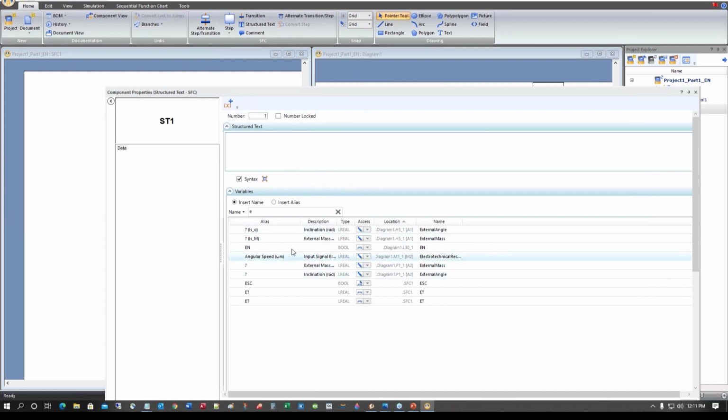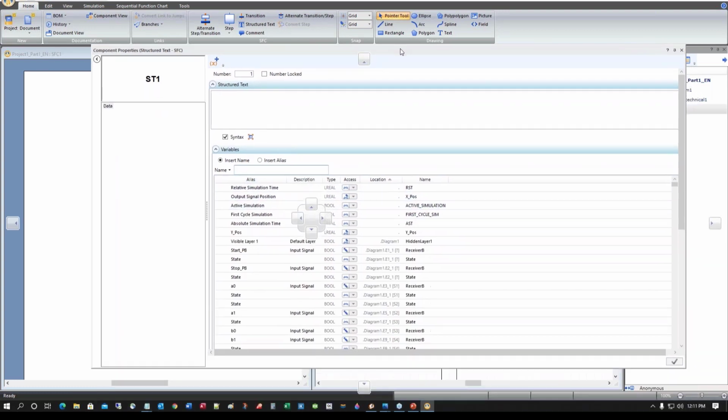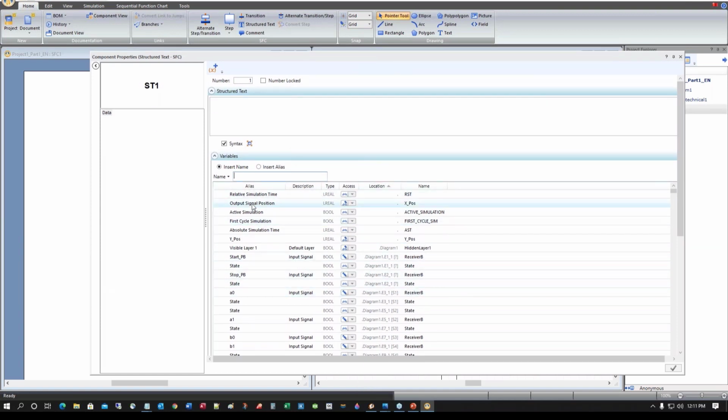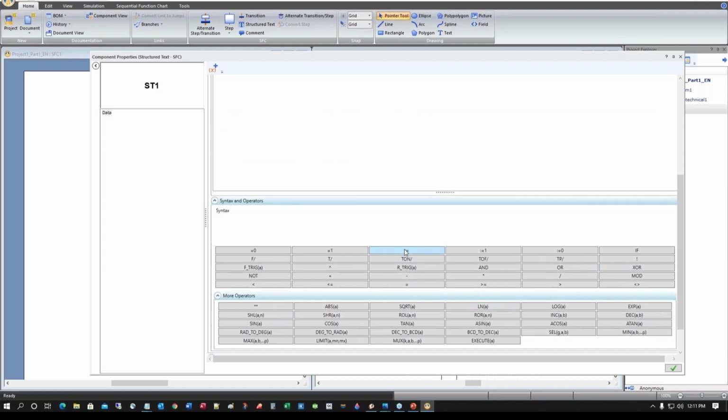We're going to write an equation which defines the Y position. To write it down, we have some tools in GraphSet which enable us to write these kinds of equations without typos. I'm first going to select Insert Name. I want the name of the variable and not the alias, because the name is more precise for me. I recommend using names while working with SFC. I have a variable called Y position, so if I put Y here, this is the variable. I'm going to say Y position equals